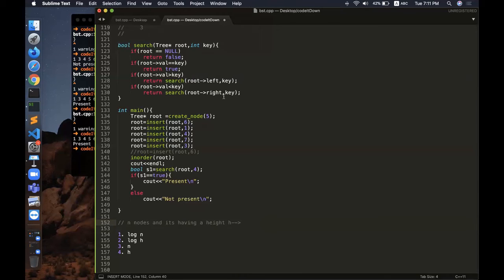I can understand why you said log n, because you might be thinking that the height is going to be log n, but it's not necessary. A binary search tree can be something like this. It is known as a skewed binary search tree.